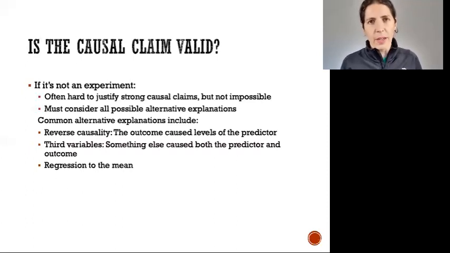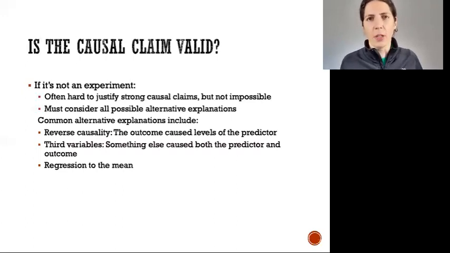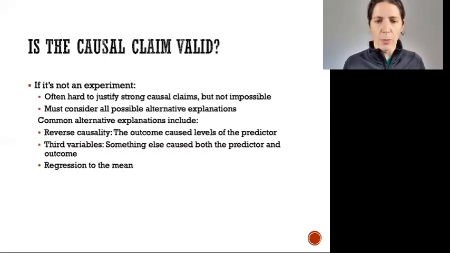In the textbook that I mentioned before, the Shadish, Cook, and Campbell textbook, they write that many business consultants earn their living by capitalizing on regression to the mean. They mean that those people come in when something's really bad. They say, we'll save your business. You had a really bad quarter the last few months. We're going to save it. And really, they're just capitalizing on the fact that things tend to go back to average over time. So waiting would have worked just as well as hiring an expensive business consultant.